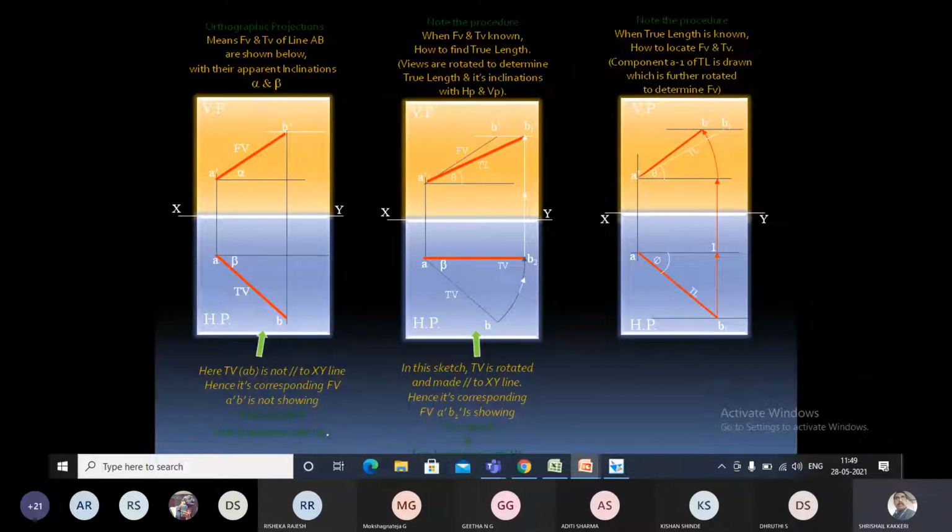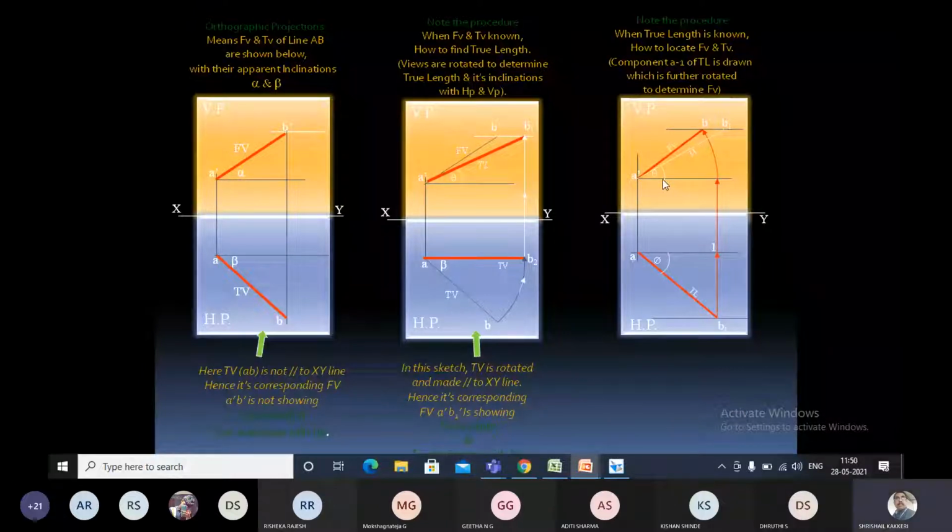Next, as I told you, the very simple case in the beginning: by using the true length of the object in the front view, you can find the apparent length of the object in the top view. The similar procedure: you project this until the locus of A you cut, and from here, taking this A as center and this as arc length, you draw this arc and we get the apparent length of the object in the top view.